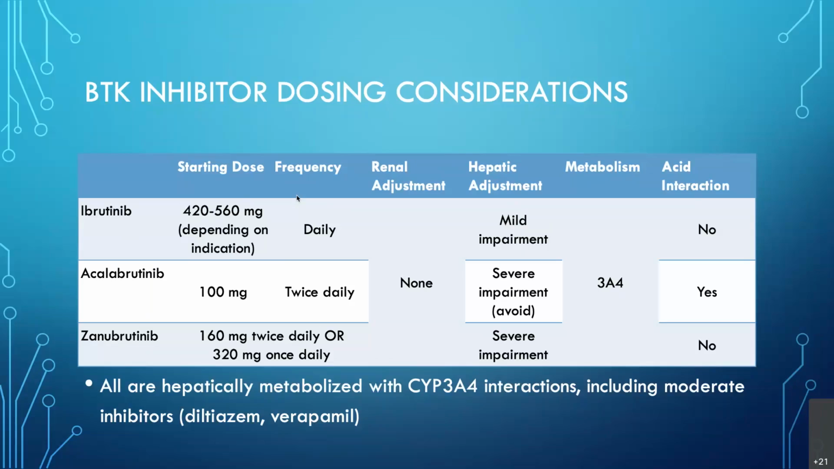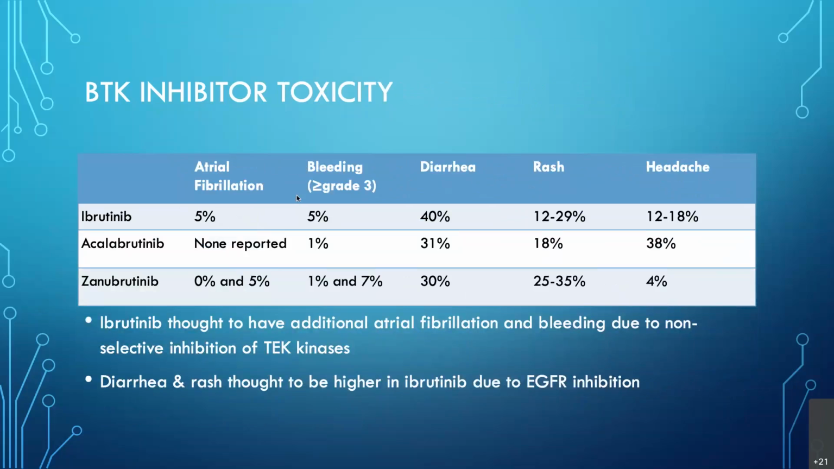So that is something that we need to be watching out for, that medication as well, if someone does have a history of GI bleeding or something like that. Looking at our toxicity profiles then,